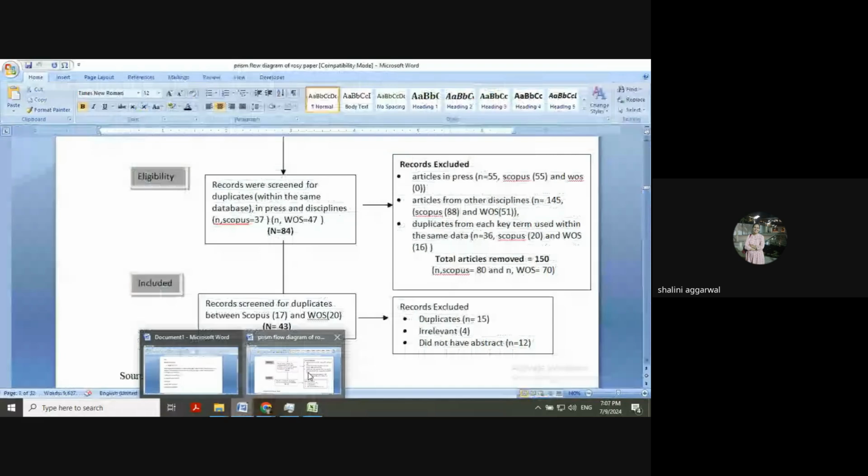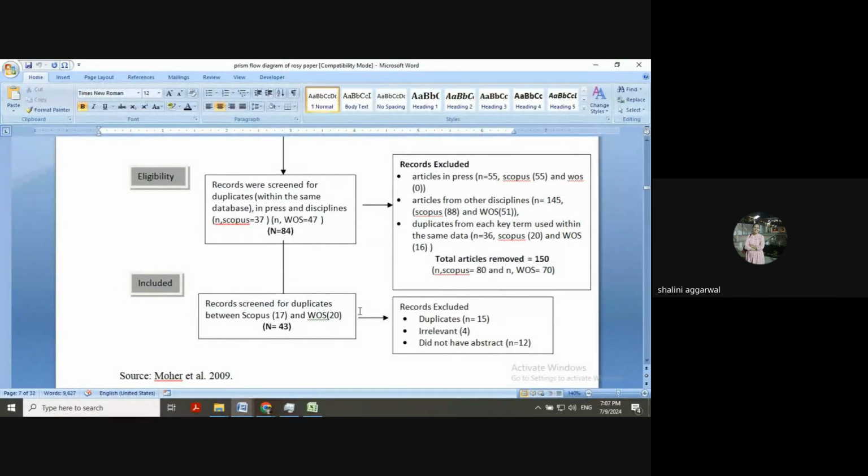So the last step will be when you are making a Prisma framework. So what you will do is, records excluded as irrelevant and did not have an abstract. So the final records that we got for this paper was 43. So this is one of my SLR papers on work-life balance that got published in